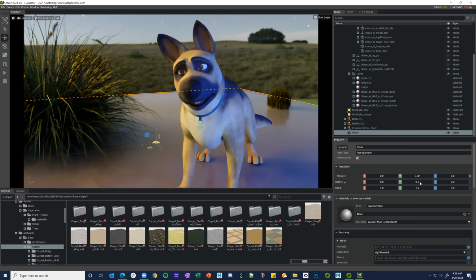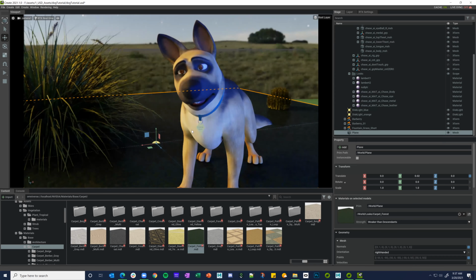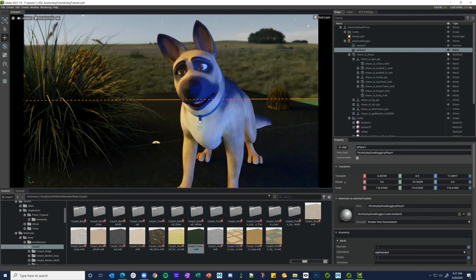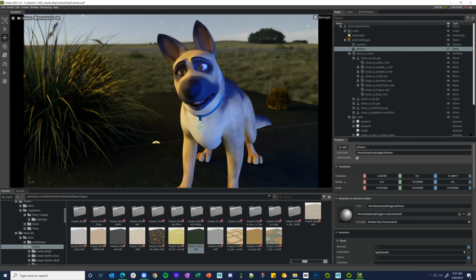So let's just move it up slightly, 0.02. So my plane here, I could make it, you know, whatever in these carpets, but this forest one kind of jumped out at me, obviously. So if I just drag that and drop it on the plane, it's going to pop in the forest, and then you can see that my other plane is still showing up. So you can go in here and the eyeball, just hide it quickly. Now my forest plane that I just brought in,